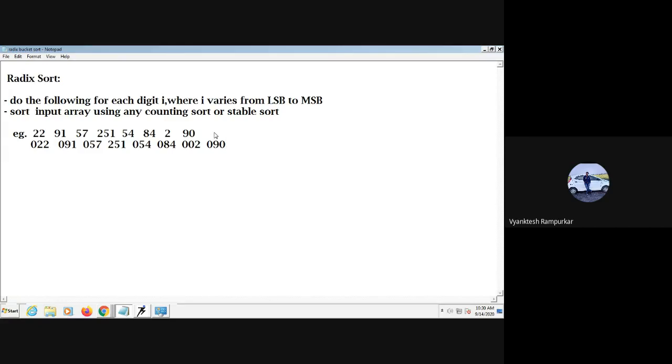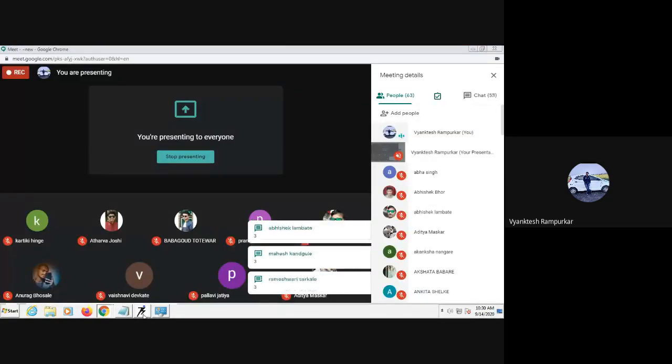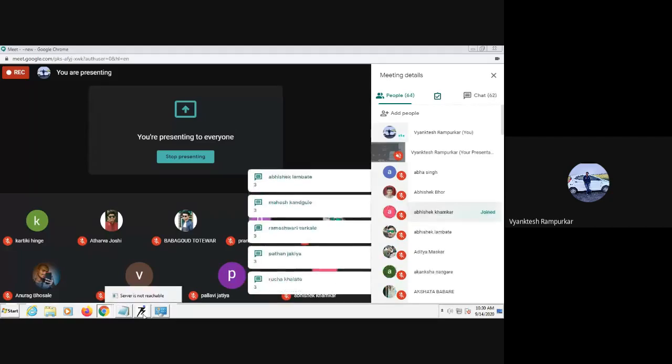Okay, again, now tell me how many steps we require to sort this entire array. Please be fast. How many steps do we require? 3 steps. In step 1, we sort according to unit place.